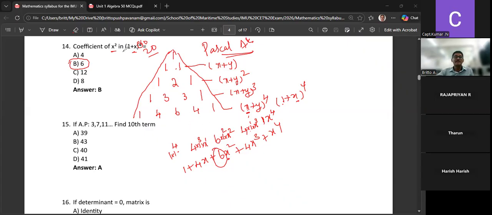Sometimes a question may ask, what is the middle term of this expansion, or what is the coefficient of x power 4? Whatever it is, if they ask, use Pascal's triangle and you can find it. In the binomial theorem, one more thing I didn't tell. You should remember one more formula in the binomial theorem: the T r plus 1 formula. A question may come: what is T r plus 1? That is the (r plus 1)th term of the binomial theorem, which is nCr x power n minus r into y power